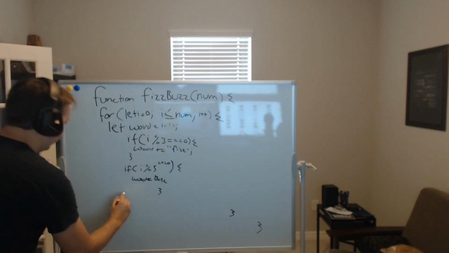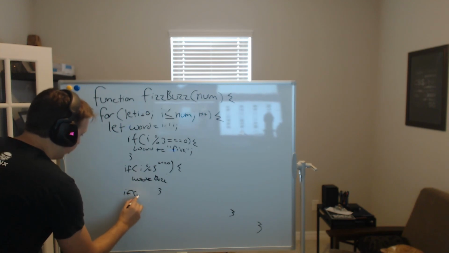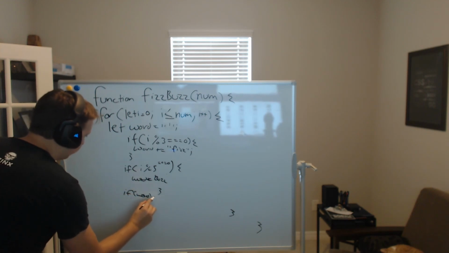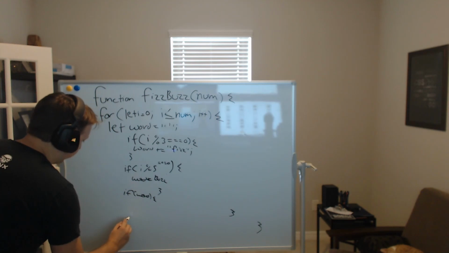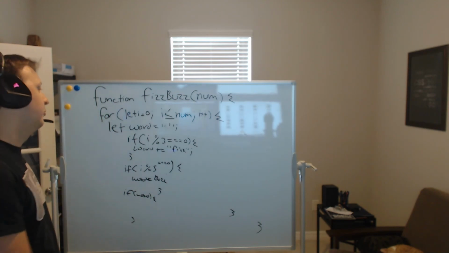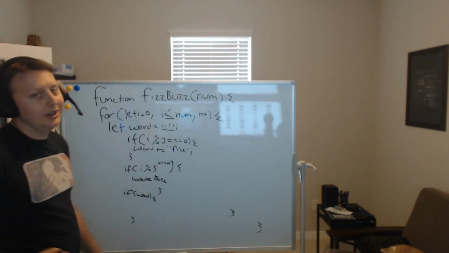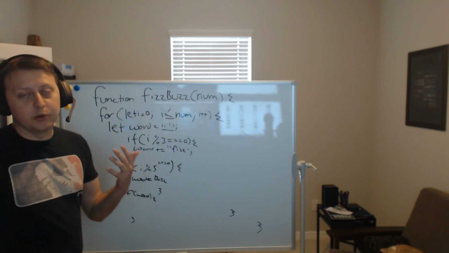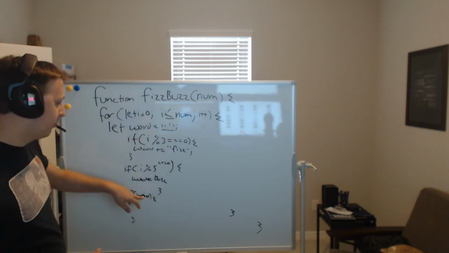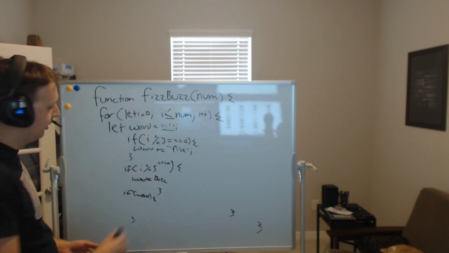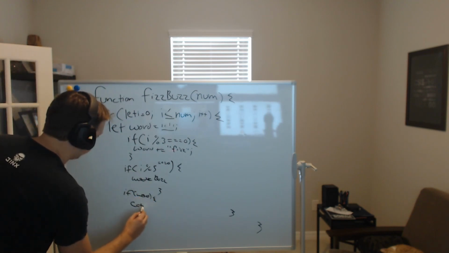And then we can do a simple check here on if word. Because this is JavaScript, we have falsy values. A falsy value would be an empty string. An empty string would fail. So if we have fizz or buzz in here, it wouldn't be an empty string. And thus, we're just going to go ahead and console.log